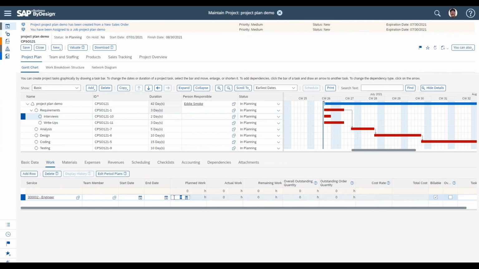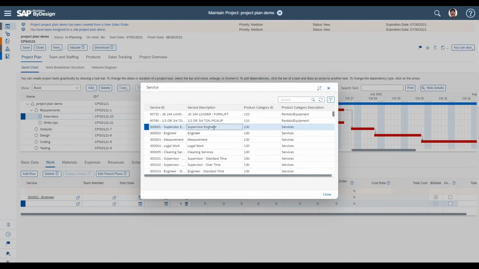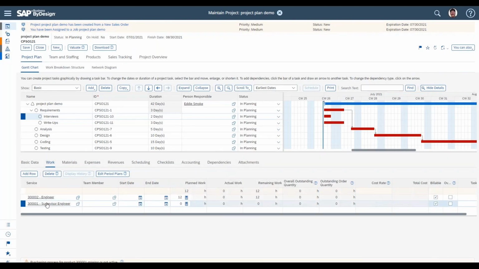So let's say the interviews themselves are going to take probably 12 hours for all of the people that need to go through the interviews. Then we realize it's not just going to be one engineer; there are probably two people conducting interviews. So we'll add a second one, and maybe this is somebody more senior. Between the two of them, they are going to spend probably 6 hours each. So if I save my changes there,